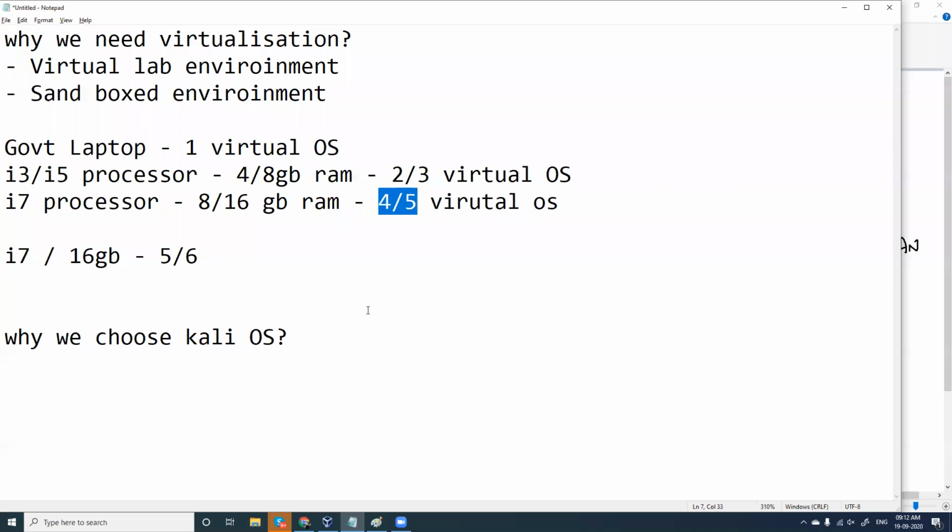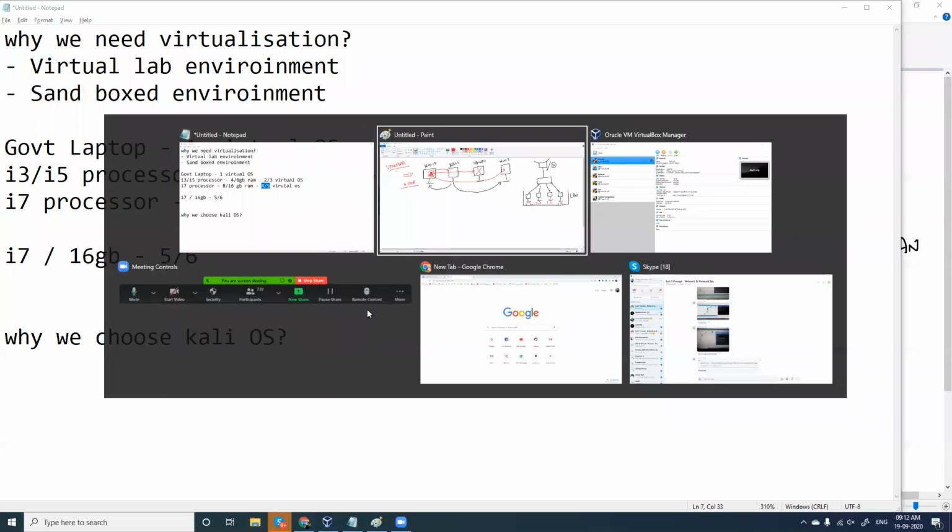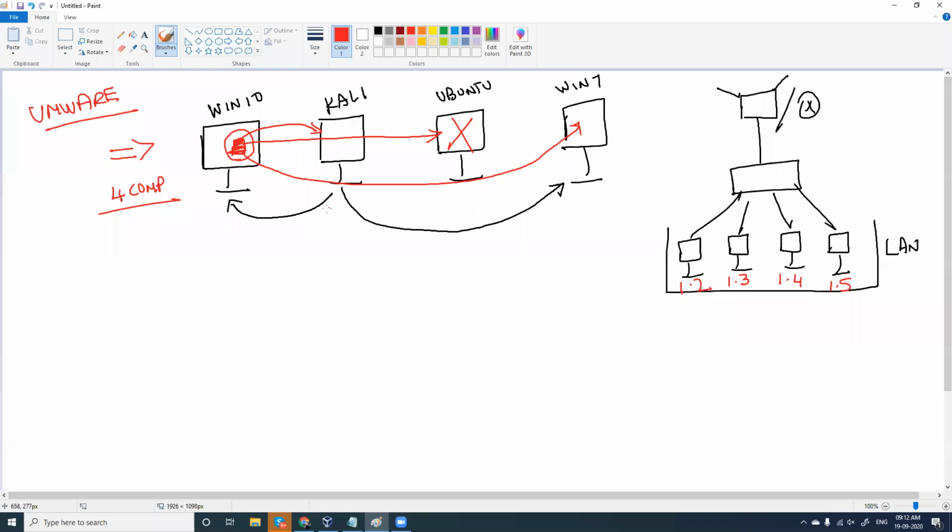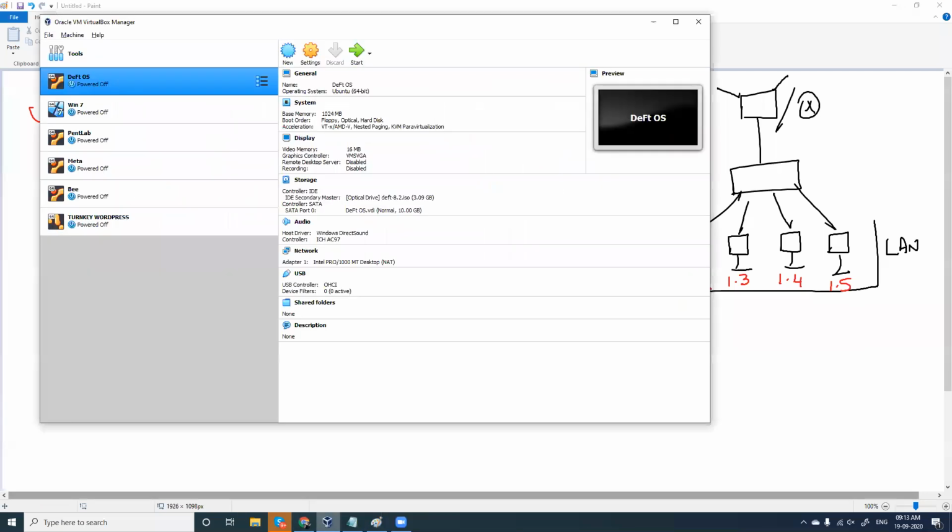And yes, it is possible in case you want to try any operating system, Mac, Android, whatever you want. Yes, you can try installing it in VirtualBox. You'll not get the same performance, but if you have an OS and you want to install it in VirtualBox, you can install and you can try. Right? And I'll show you how to install this operating system.